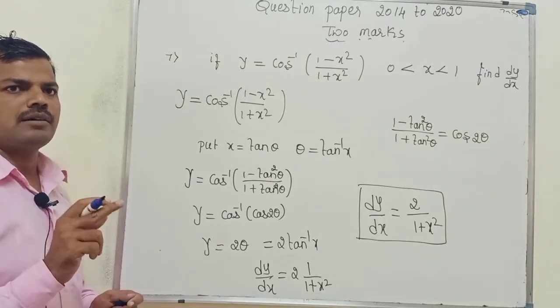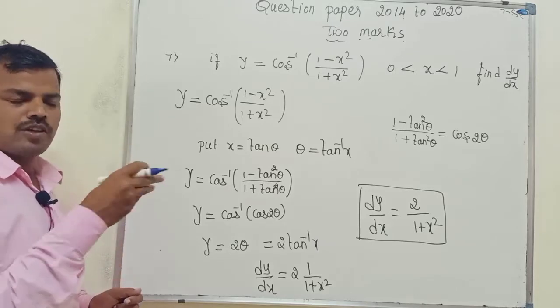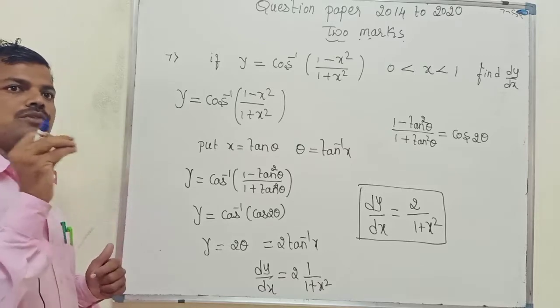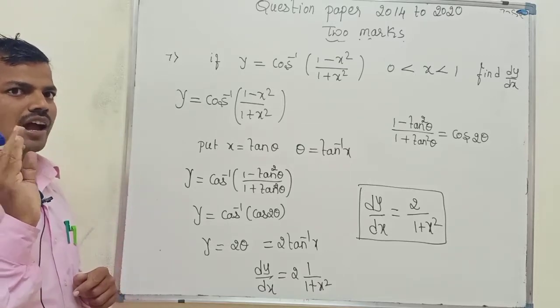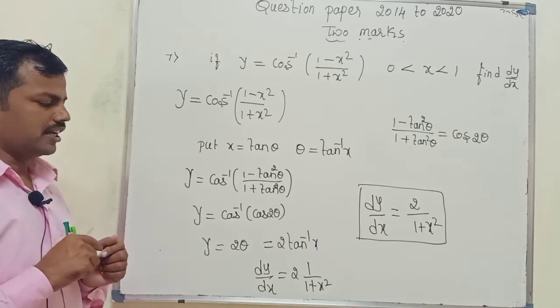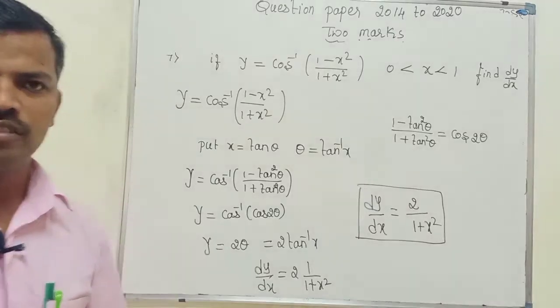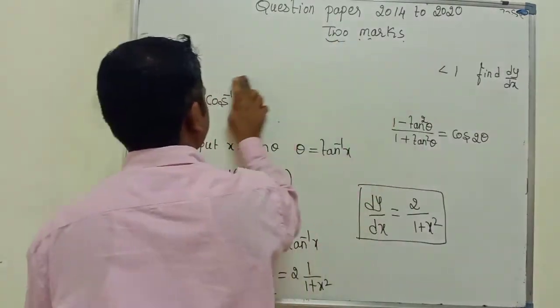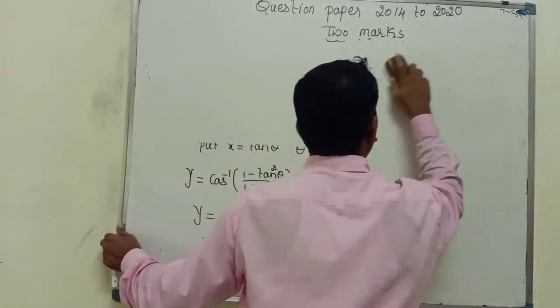We have to remember all the trigonometric formulas and also the inverse trigonometric formulas. If we know them, and where we have to use which formula, that requires the skill of identification. Then only it will become very easy for us. Otherwise, it will become very difficult. So we have completed the 2016 July.